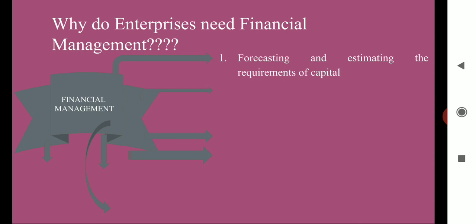The next need is determining the capital structure or the composition of capital. As it's well said, the best capital structure will ensure wealth maximization. Hence, the financial manager's task is to select the right type of sources of funds at the right time, at the right cost, as each financial instrument is associated with different types of cost.